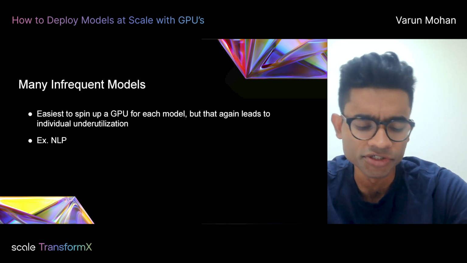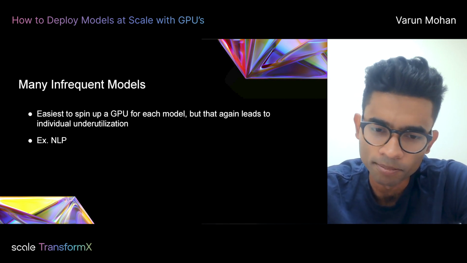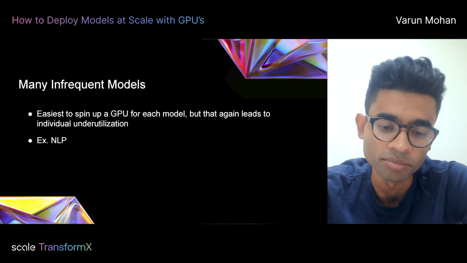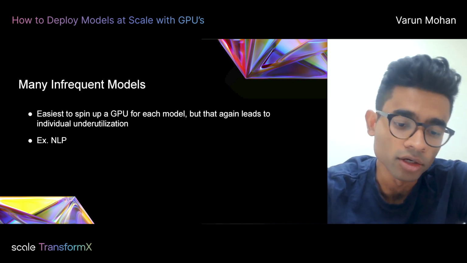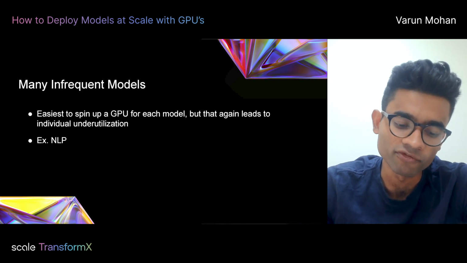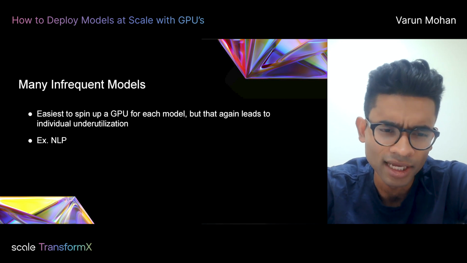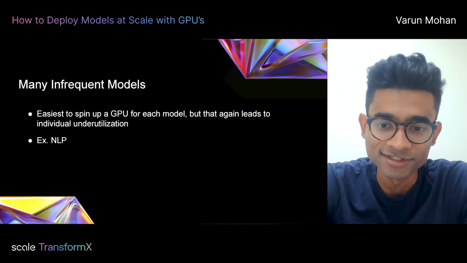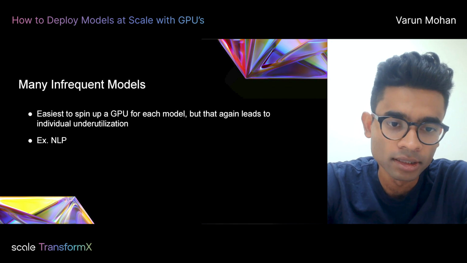Another common issue that we've seen is, BERT models or natural language processing models generally lend themselves to fine-tuning for different tasks. We've seen enterprises that not only fine-tune for different tasks, but fine-tune BERT models per company that they serve. So you can imagine you get into a state where you have hundreds, thousands, a number we saw from some large enterprises was in the hundreds of thousands of these BERT models. And you can imagine, if you do this incorrectly, you end up spinning up a GPU for every single one. That results in horrific underutilization, basically.